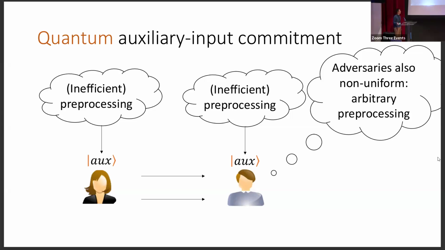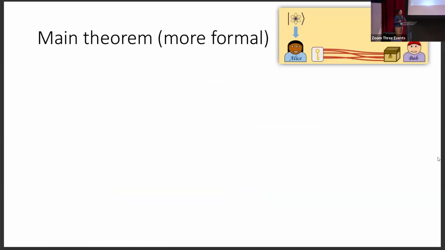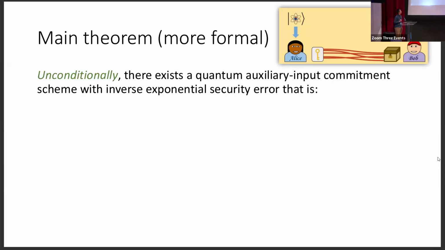Let's think of it as a pure state. Everything else is the same, except everything can be quantum. Okay, so now let me state our main theorem more formally. We show that unconditionally, there exists a quantum auxiliary input commitment scheme that has inverse exponential security error that satisfies